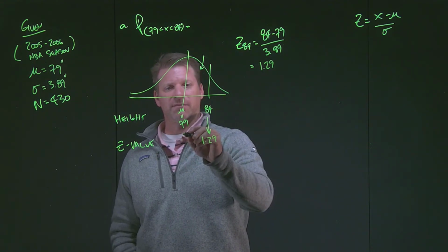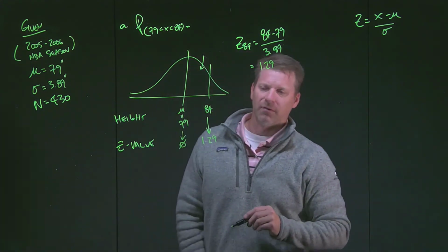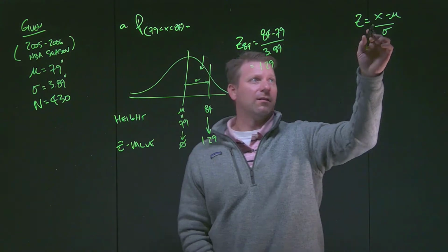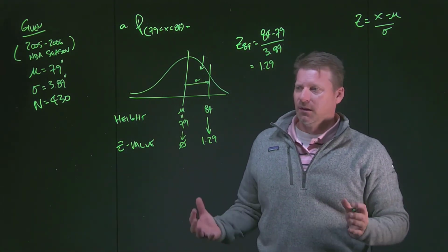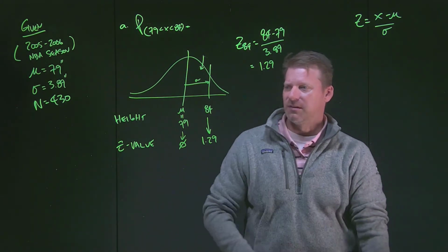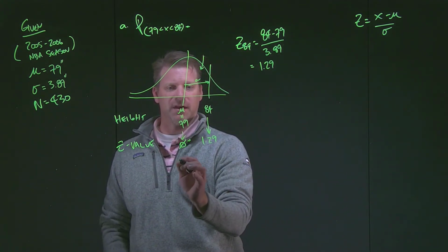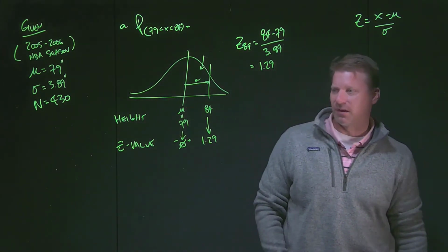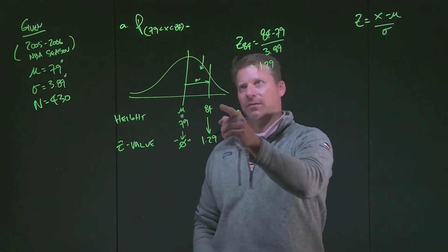I did not mention in the previous video, but let's pause for a moment and ask, what's the standard normal value at the mean? 0. How many standard deviations away from the mean are you at the mean? If we put this into that formula, we'd end up at 0 every time. So this collapses down, and our z-value at the mean is 0. Of course, everything on this side of the mean is positive as a z-value, and everything on that side is negative. Again, that indicates which side of the mean we are on. So now we found the z-value to be 1.29 for the 84 inches.